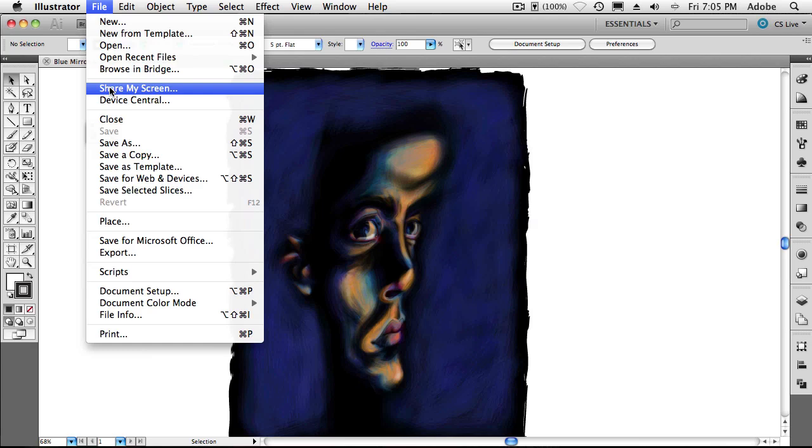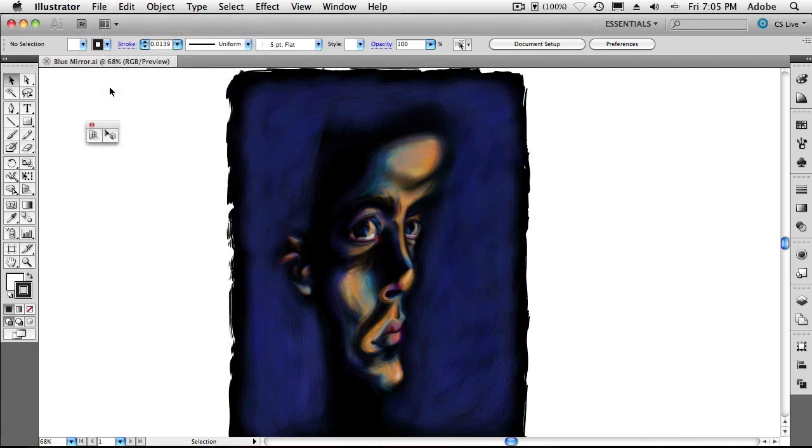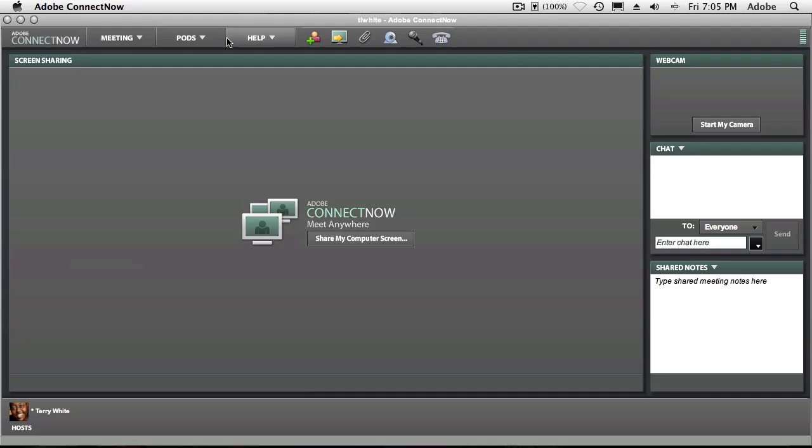Well, actually, it's just a quick menu command in the application to take you over to your browser, and when you do that, it will actually log you into a free service called Adobe Connect Now. So this uses your Adobe ID, and it allows you to have your own meeting room with a couple of different people. So for example, let's say I invite